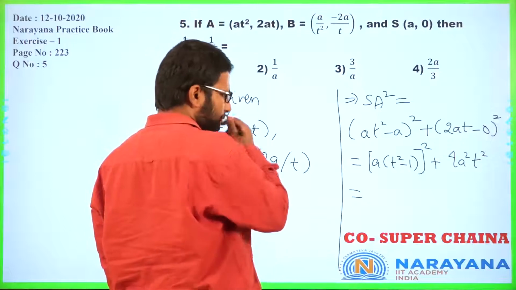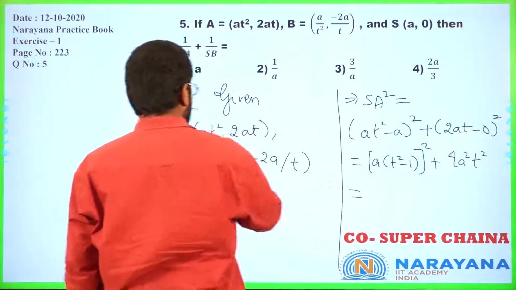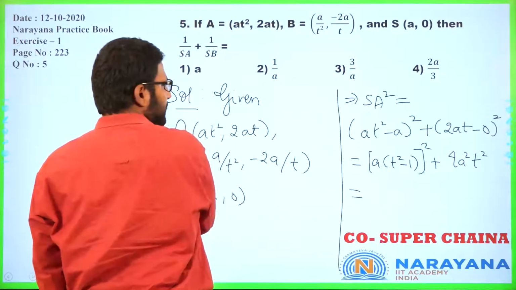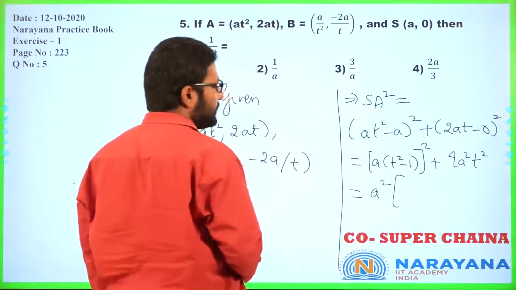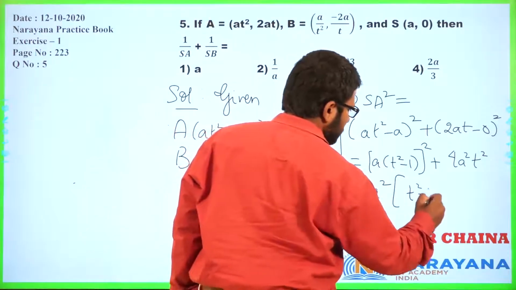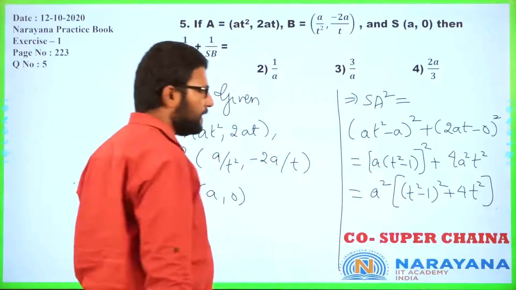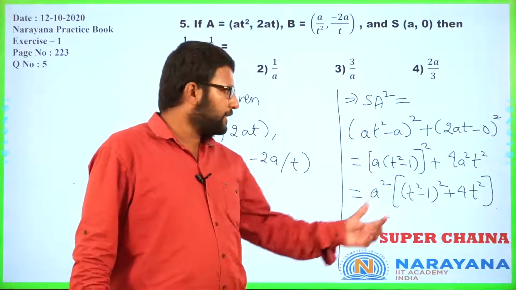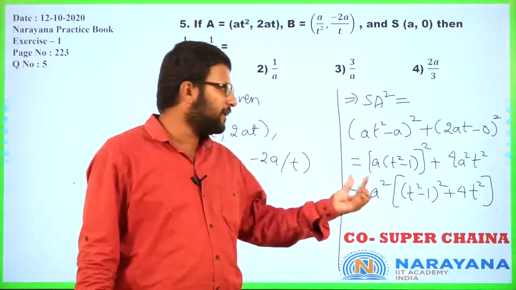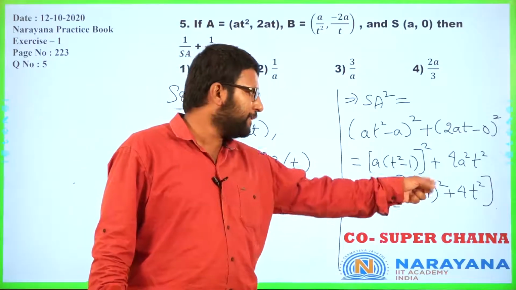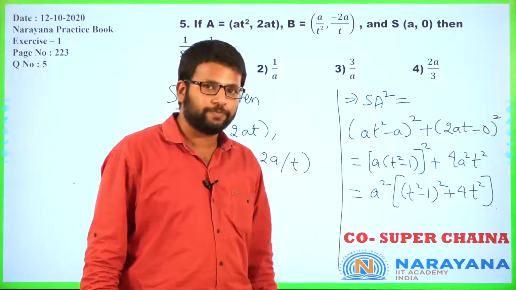So in fact, if you expand this now, in fact this was not required, we need not have taken it out as common. Let's do it anyway. a square, take a square common, you will have (t² - 1) the whole square and 4t², correct? Now, does it ring a bell? Have you seen this before? We have seen this before only a couple of questions earlier, where you had (a - b) the whole square plus 4ab, or (x1 - x2) the whole square plus 4x1x2.